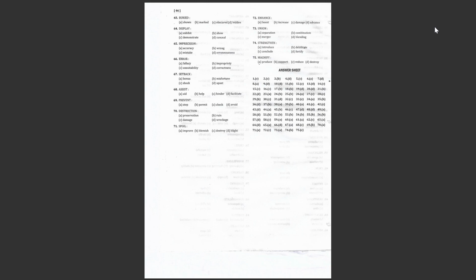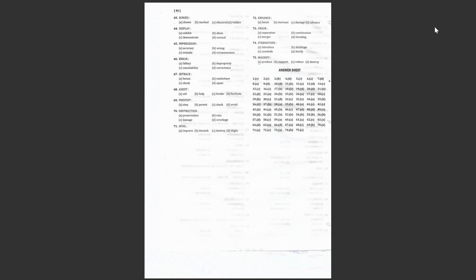Word number 73, union. Union means joining or combining. Whether it is integration, the joining of something, or combination, combining, that process is known as the union. Marriage is also referred to as a union of two individuals. So the correct antonym here would be option number